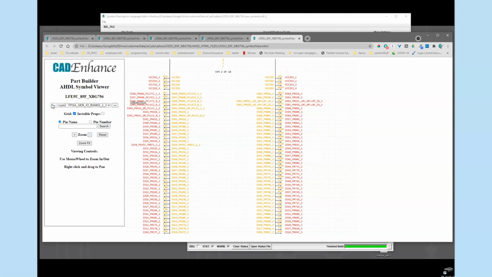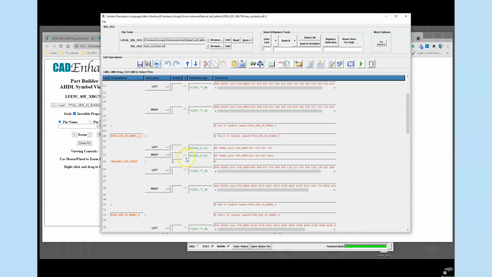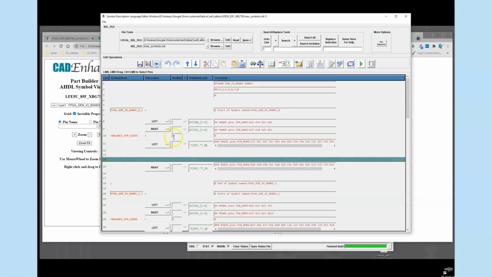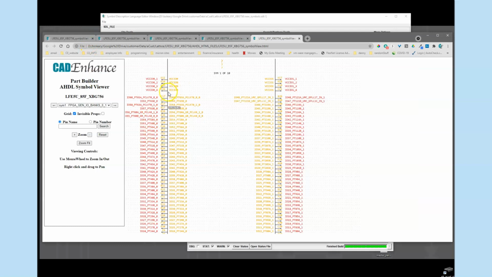If you notice, if we go back to here, in this case I had put a couple extra spacers between the VCCIO pins. I had forgotten to copy that. This was here, so we had the balanced symbol sides plus 2. Even 3 would be better. And then I would want to copy the 3 here. This just gives us room between the VCCIO pins to put decoupling caps and whatever in our schematic. So when we run it again, we'll get more space between this pin and that pin. So it's a balanced symbol sides, and it basically starts a new section 3 spacers down. Okay, so here's 2 and 3,